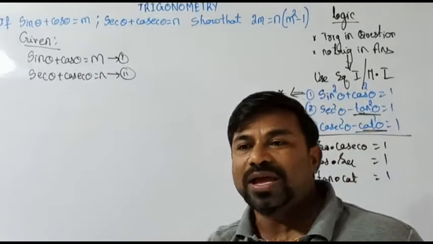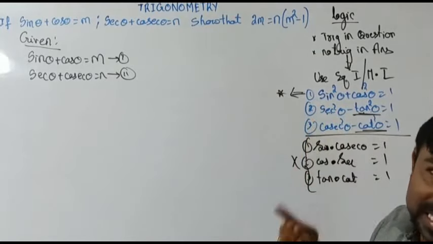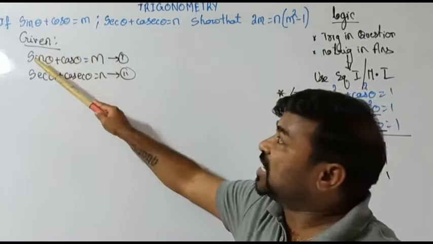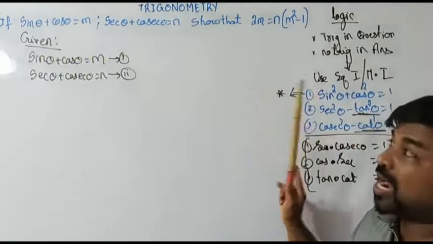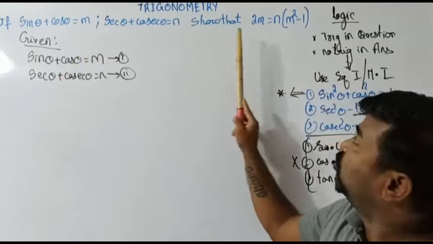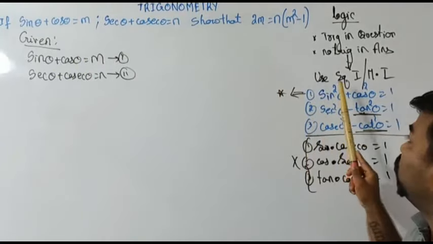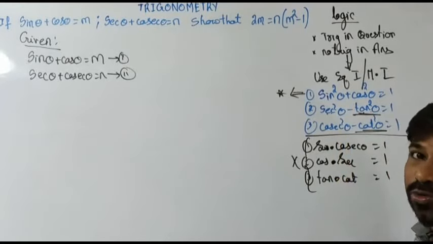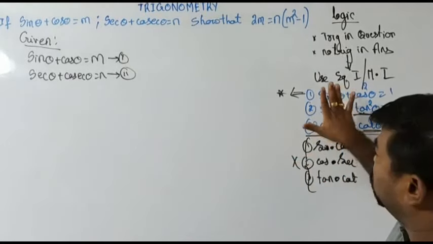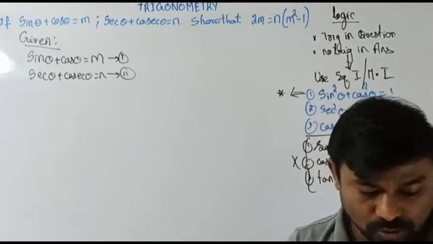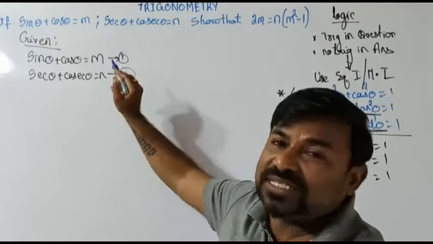Just now I said why we are planning to deal with the square identity. Because sine and cos are involved, point 1, and moreover, to deal with trigonometry we have to use either square identities or multiplicative identities. Why did I choose square identities? Just now I have said to you. Now let me start with the first one.